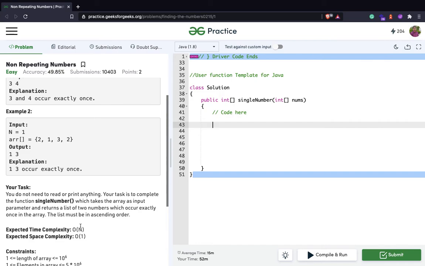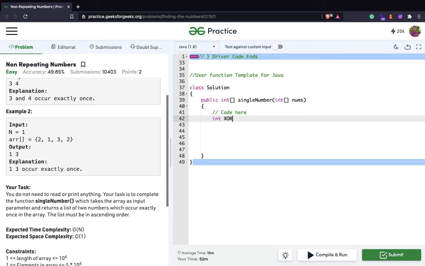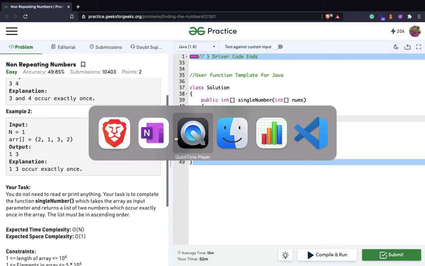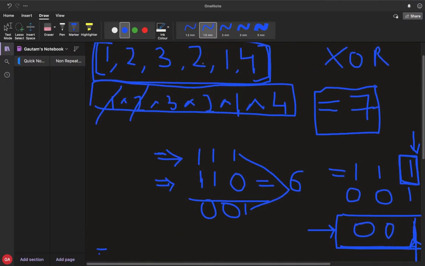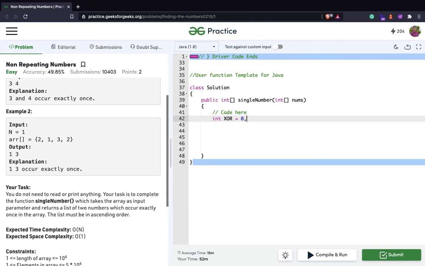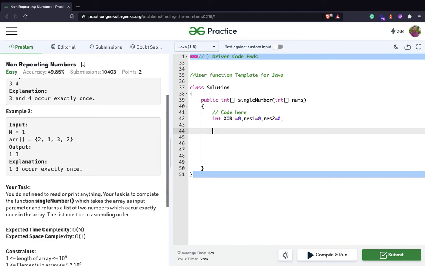Find the other two numbers. There's also one thing we need to notice, that the list must be in ascending order. So let's take one variable, int XOR equal to 0, so that we could store the XOR of this array, and int result1 equal to 0, or I could simply write it like this. Now let's do the XOR of the whole array.